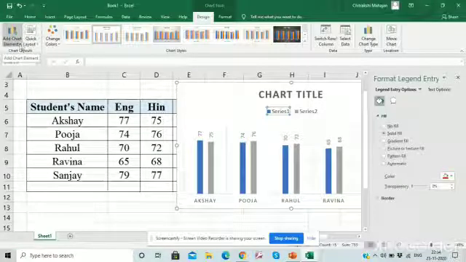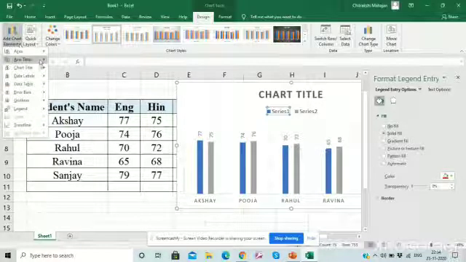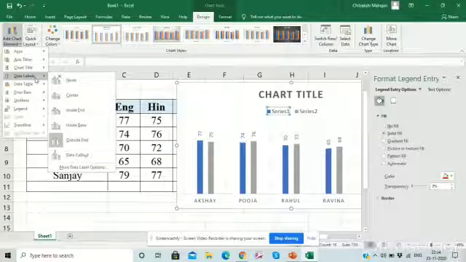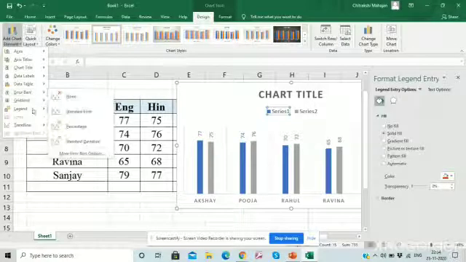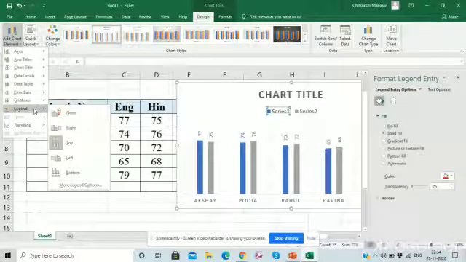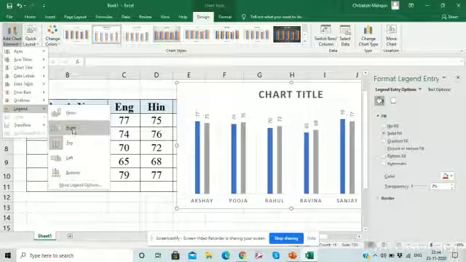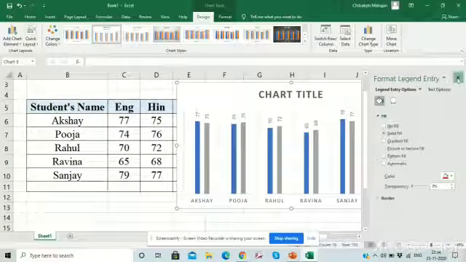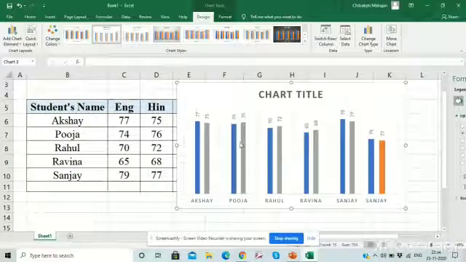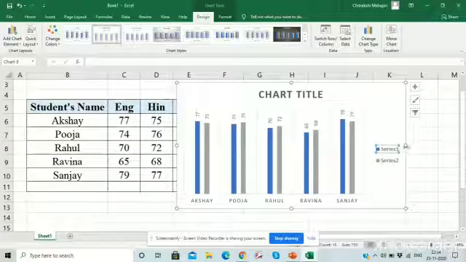Add chart element. We click here and we just click on legends. Legends on the right side. We can close this so that we can see what's going on in our chart.